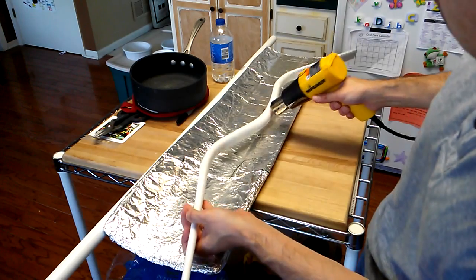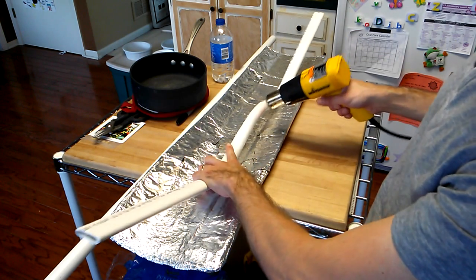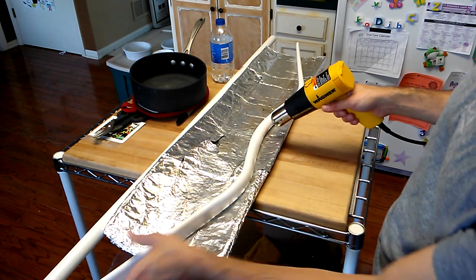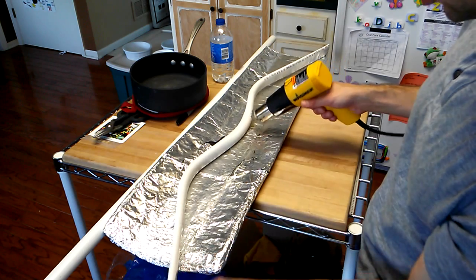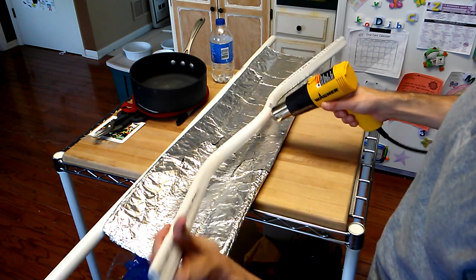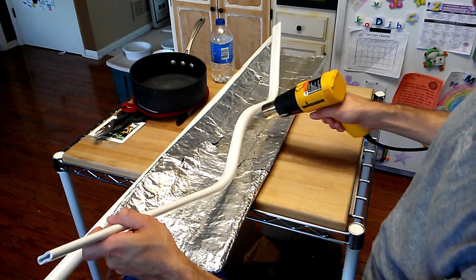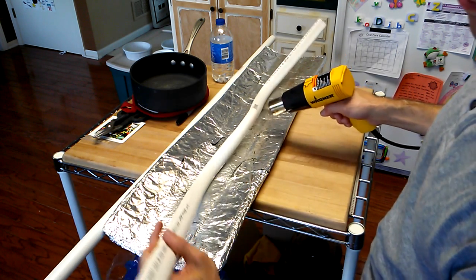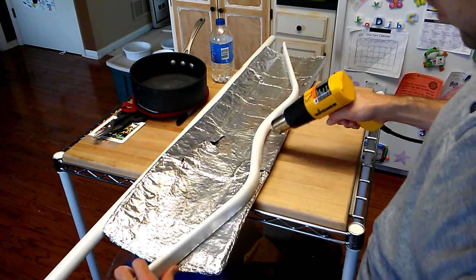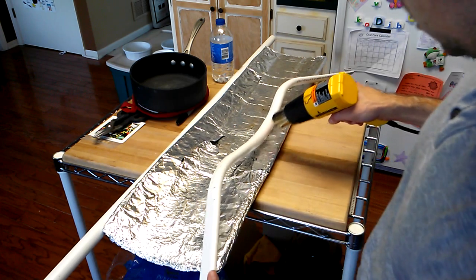For a bow that I want to enhance the stability of, one of the best ways to do that is to leave the handle unflattened. It makes the bow wider, which makes it less suitable for shooting, or you'll need a lower spined arrow. And since the PVC bows are not already all that strong in general for this style, you typically are going to need a fairly light arrow. Nevertheless, it makes the handle wider, which makes it more laterally stable. That's very desirable, in my opinion, for a lot of reasons, even if it does rob the bow of a little bit of performance. So I'm willing to accept the fact that it's a little bit lower energy storage,